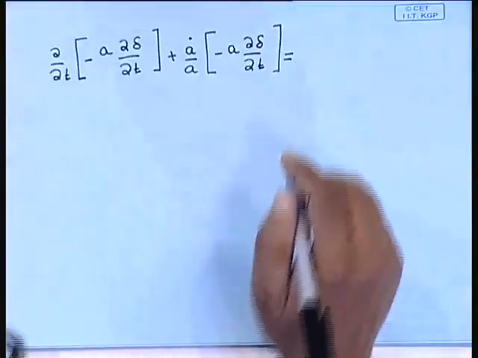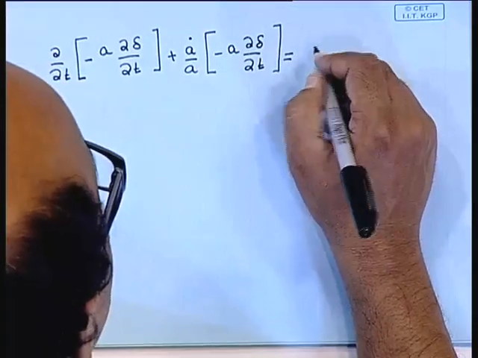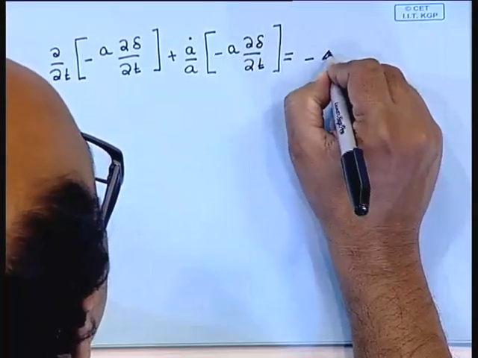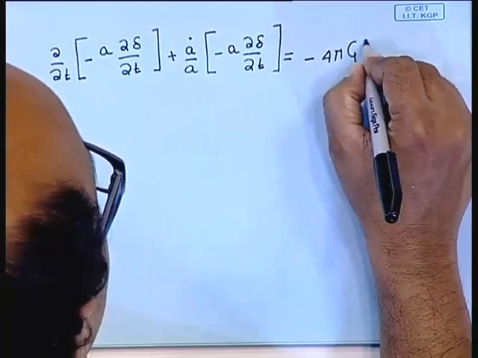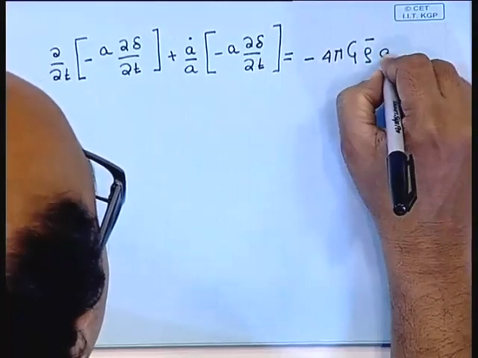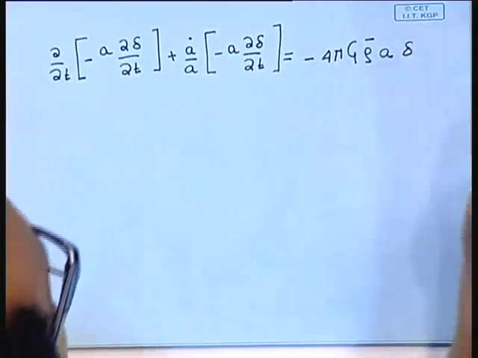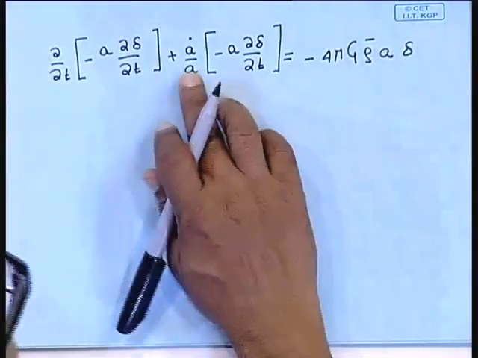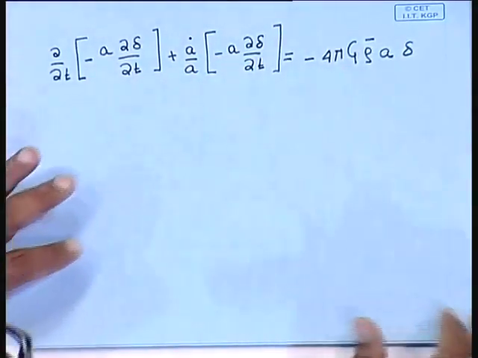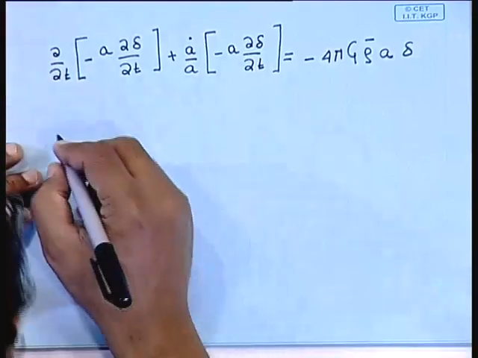So one A cancels out. Let us expand this. The minus sign can be dropped throughout, and if I expand this, what I get is